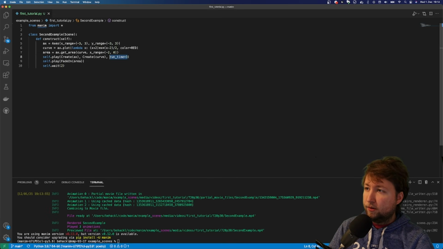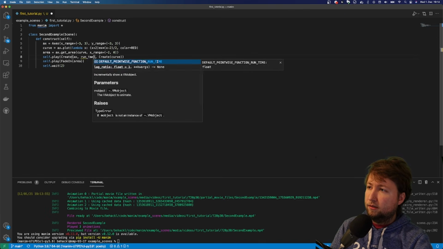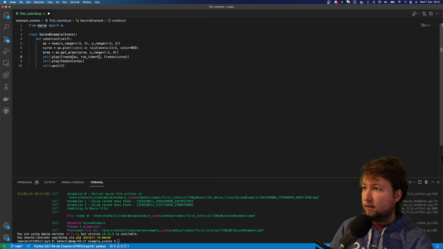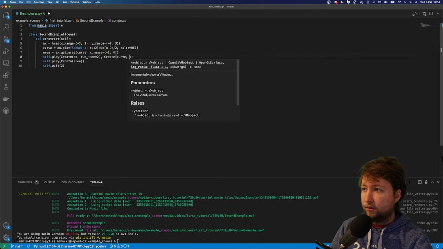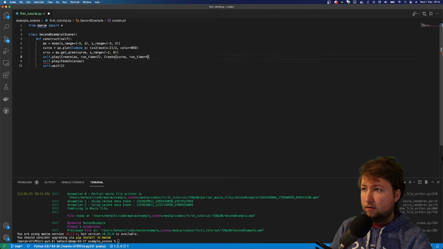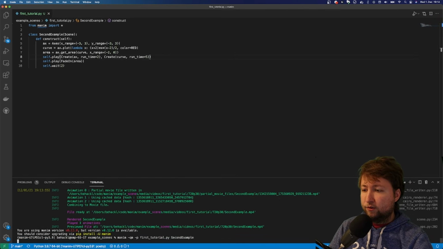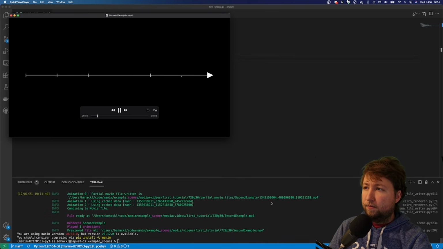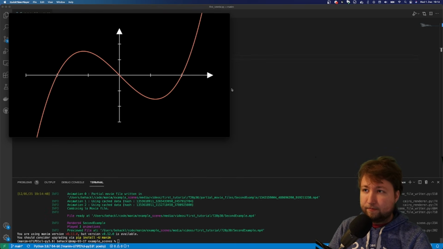Let's try also what happens if we pass different run times to the create arguments. So let's put run_time equals, let's say 2 seconds for the axis and 5 seconds for the curve. Now the curve should be really, really slow. Yeah, that it is.